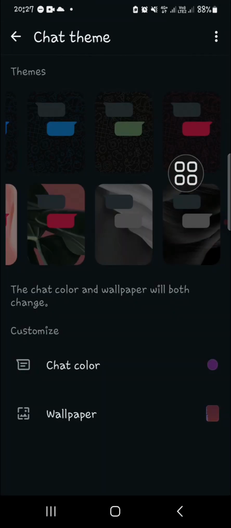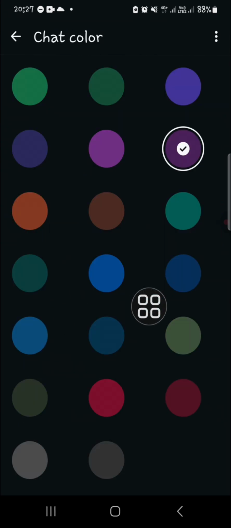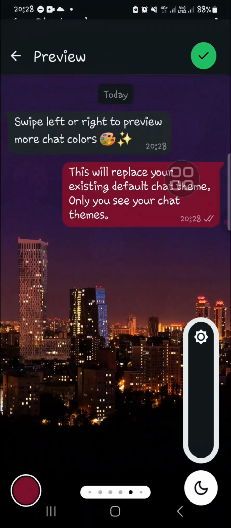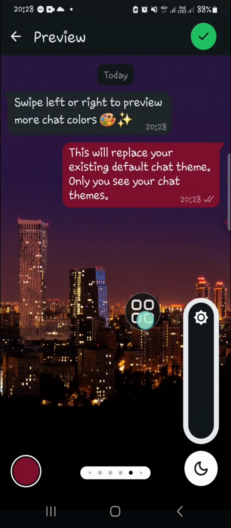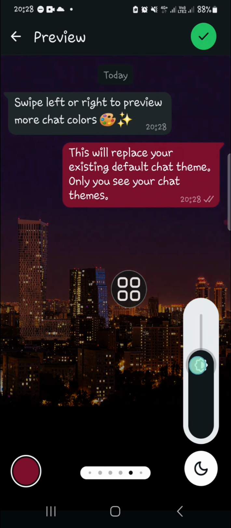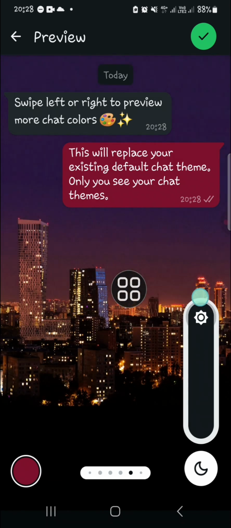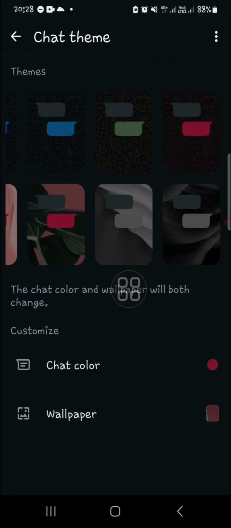Okay, and I'm just going to go to the customize menu and I'm going to go to the chat color. You can choose the chat color you want to apply to your WhatsApp chat. My current color is purple and I'm going to change it to for example red. Okay, this is how the theme looks like. Okay, we can customize the opacity and I'm just going to click on the check mark